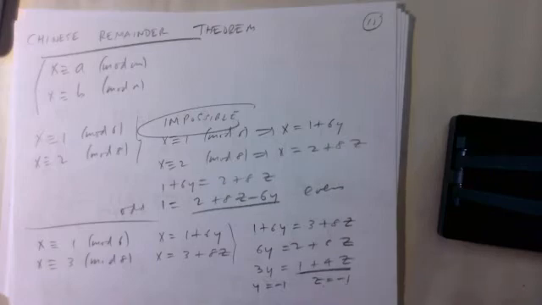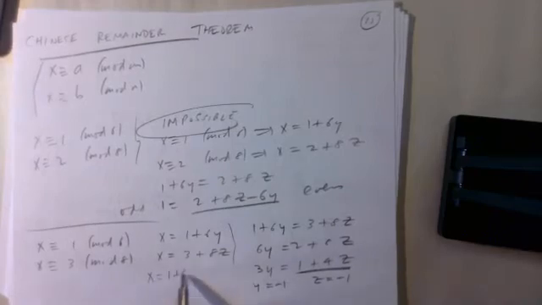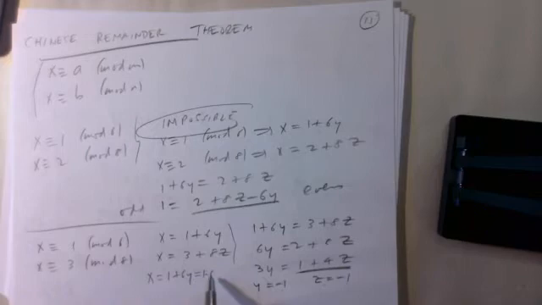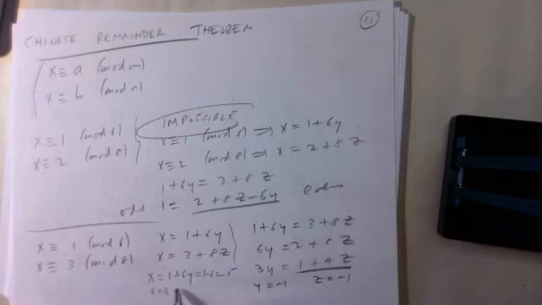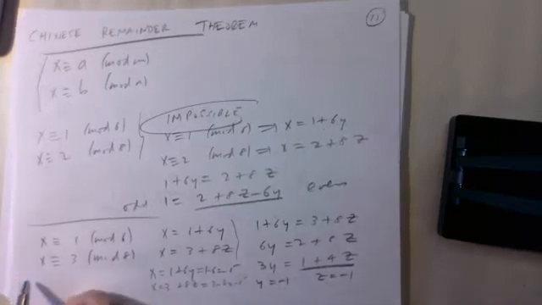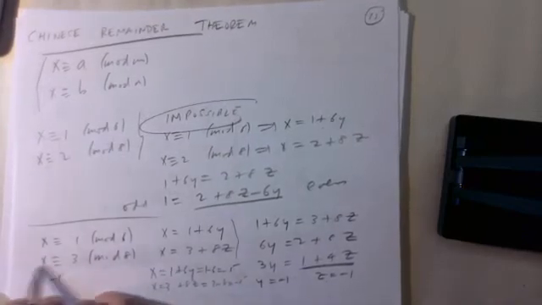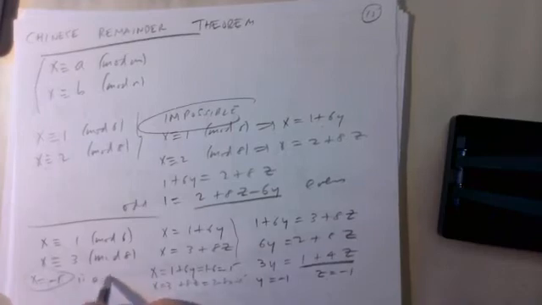So if I let x equal 1 plus 6y, that's 1 minus 6, which is -5. If I plug in the same thing, 3 plus 8z is 3 minus 8, which is also -5. So it looks like x equal -5 is a solution,